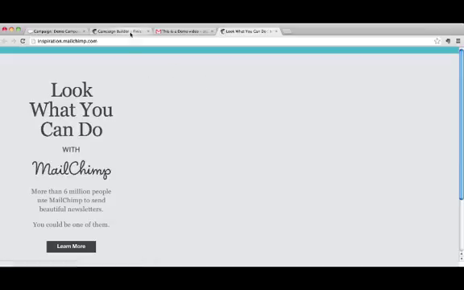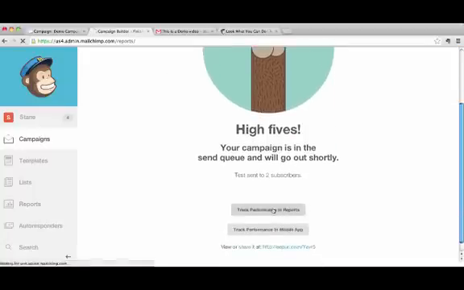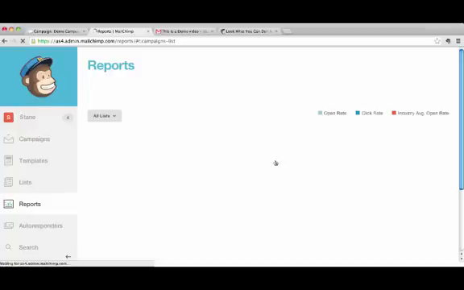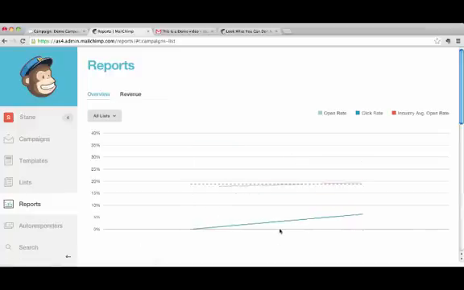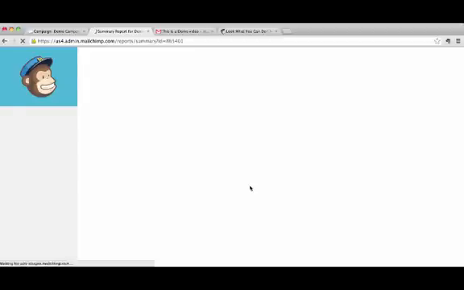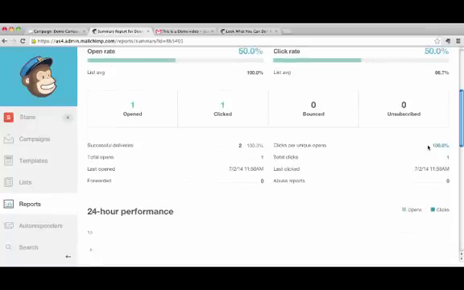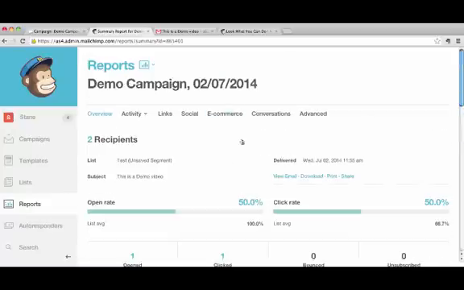So this gets reported to MailChimp, and if I look at the report, you will see that I have one open and one click, and the open rate is 50% and the click rate is 50%. Successful deliveries were 100%. So what I want is I want these statistics back in Salesforce,